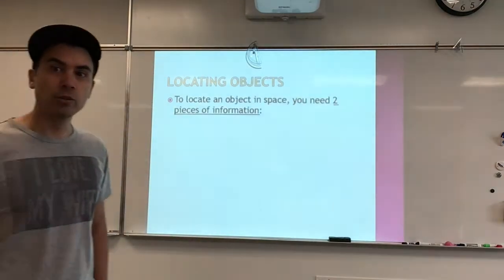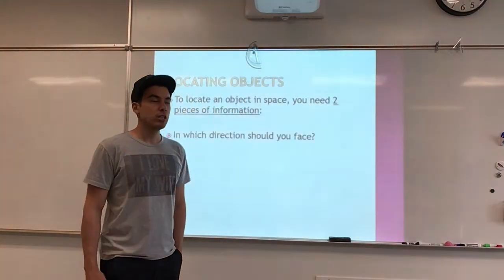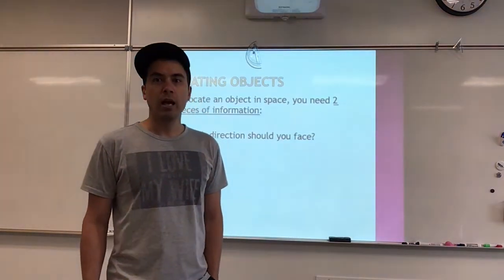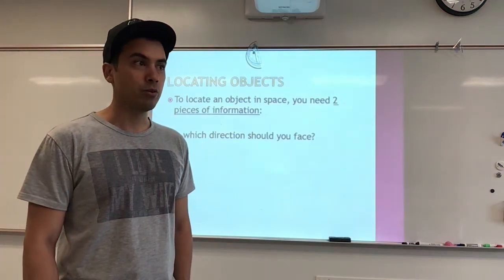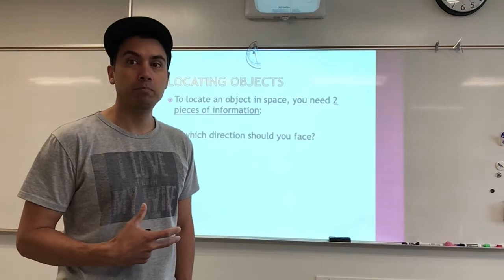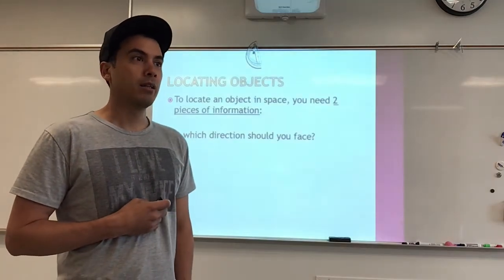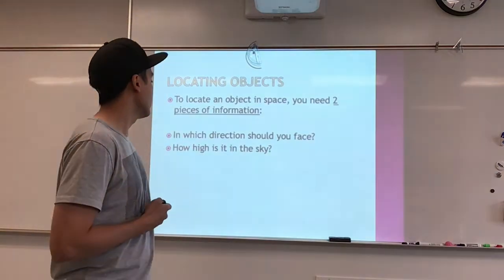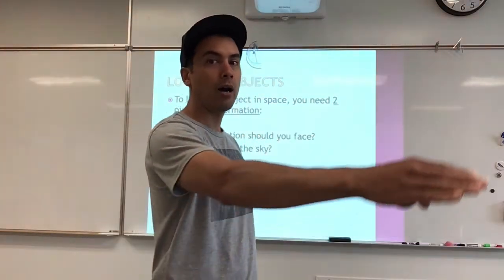So if you want to find your star in the sky, you need two pieces of information. Number one, you need to know which direction it is. Which direction should you face? So you can do this just by using a compass. Sometimes you might pull out your phone and you can use the compass on your phone, and that would be great. The next thing you know, once you know which direction to face, is how high is it